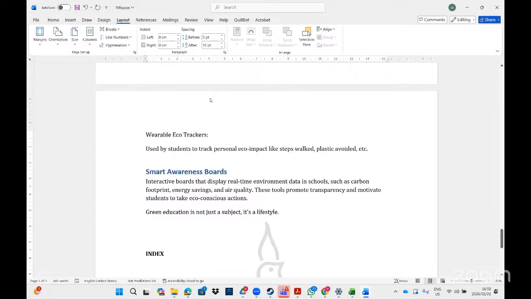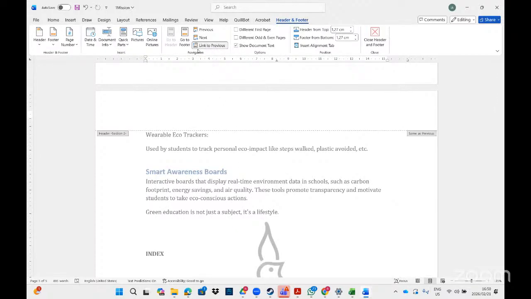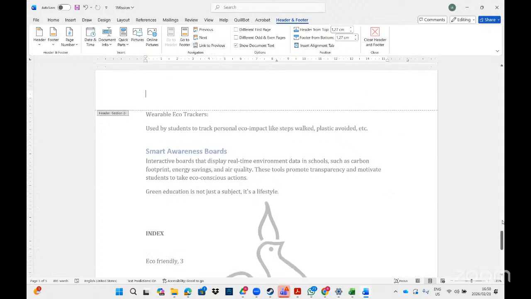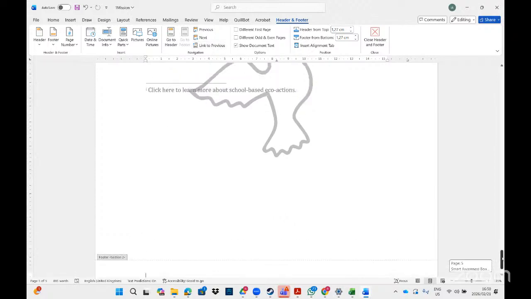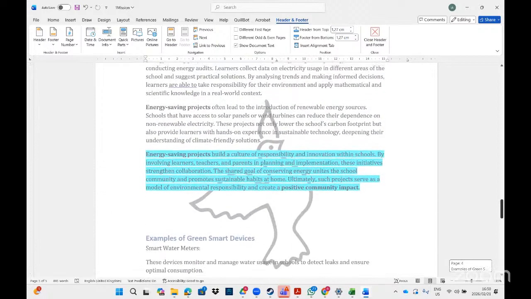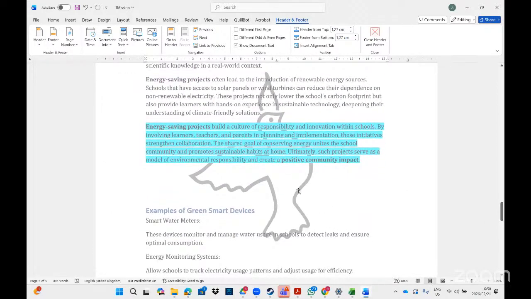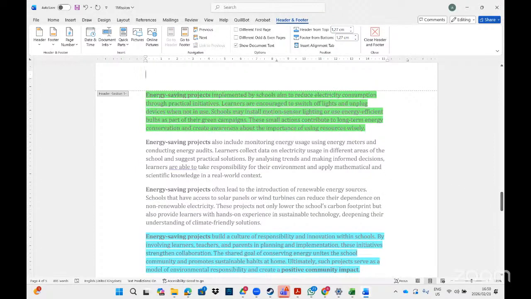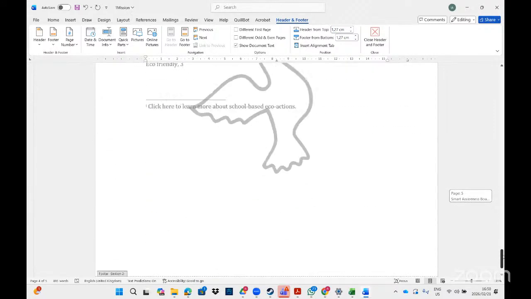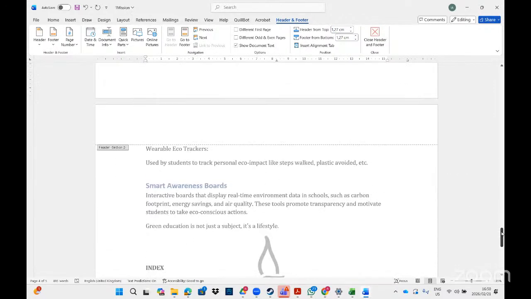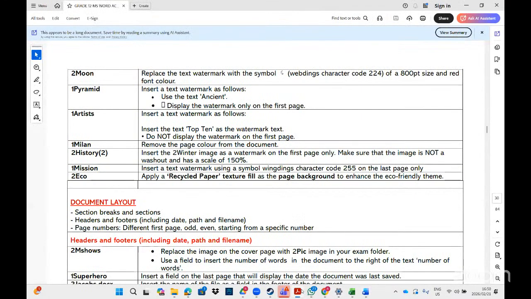Then after that, you double click on the header, remove link to previous, and then you go to the footer. Again, remove link to previous. So after that, you can now go to the rest of the pages, click on it, then you press delete key. So all the pages are deleted. There's no watermark, but then the last page has it. So you are separating the last page from the rest of the pages. Right, now that is all about